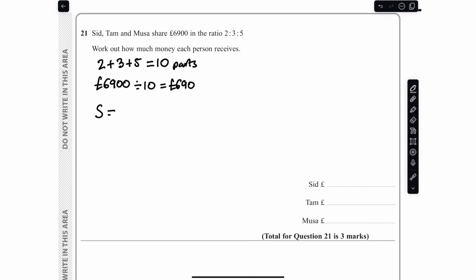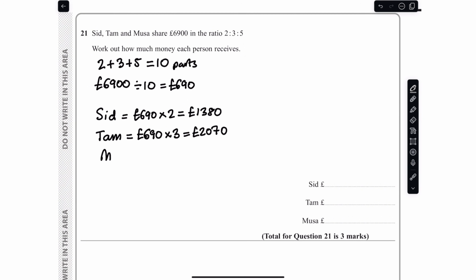And so Sid, which I'm going to represent as S, receives £690 multiplied by 2, which equals £1,380. Tam receives £690 multiplied by 3, and that equals £2,070. And Musa receives £690 multiplied by 5, and that equals £3,450. So Sid receives £1,380, Tam receives £2,070, and Musa receives